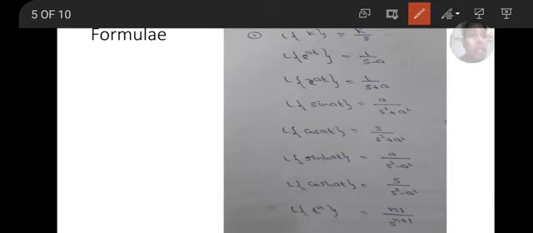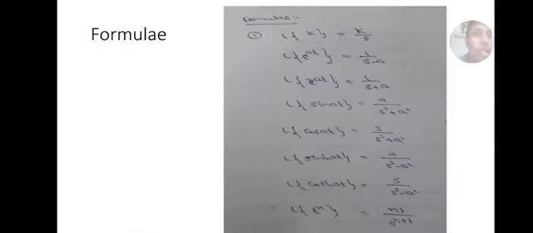Okay. In the previous example, f of t equal to k. If we substitute e to the power of at in place of k, the answer comes in place of f of t. Like that, proofs are not necessary. You have to remember them as formulas.